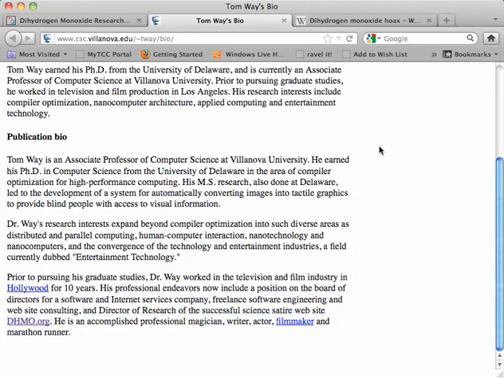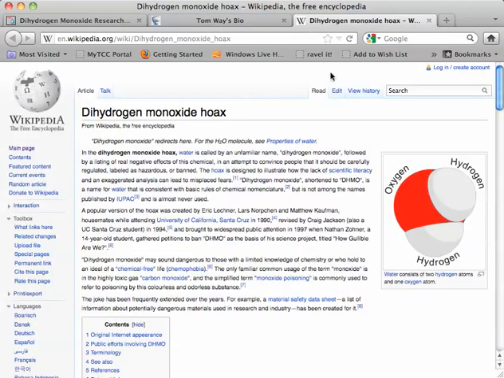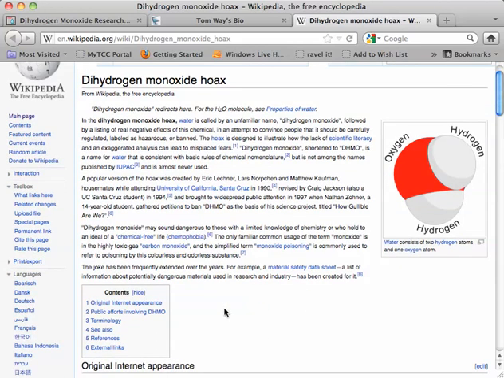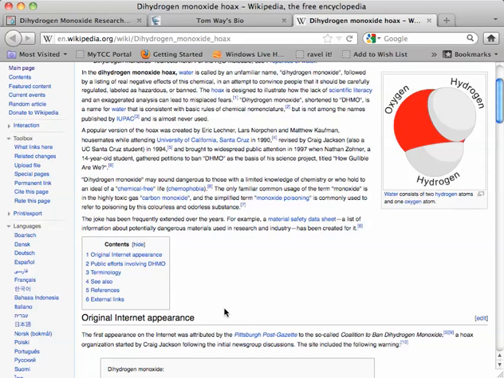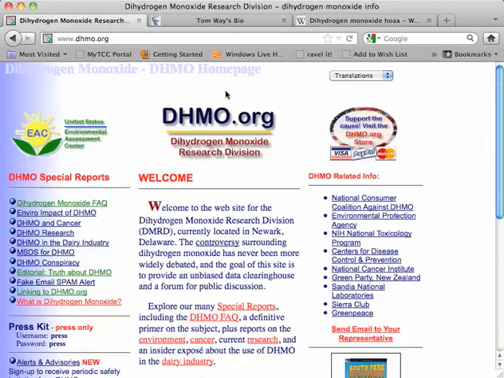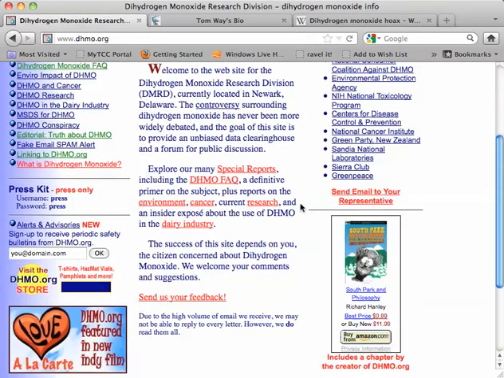And then a few of you turned to Wikipedia, which is something we keep coming back to over and over again in this course, so why not look at it? And you notice that the article right away is called a hoax. Basically, dihydrogen monoxide is another way of saying H2O or water. And it tells you all the different variations of this particular hoax and how it's been perpetrated, including the website that I gave you. So, if you go on here,